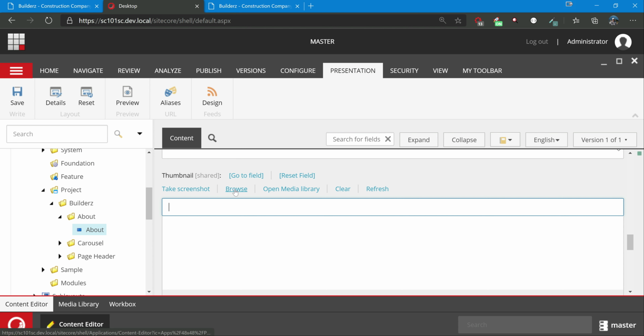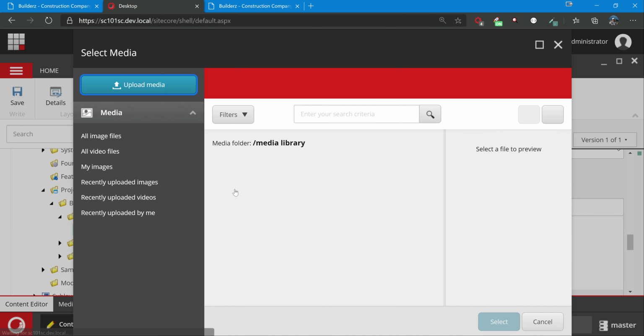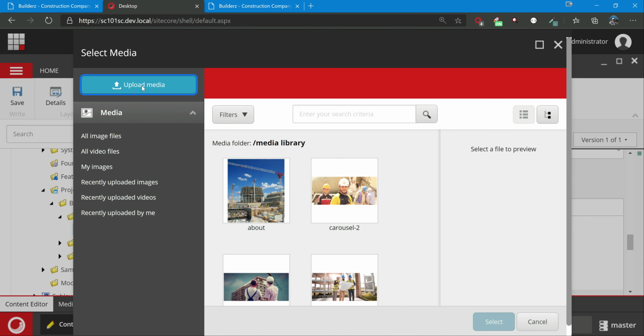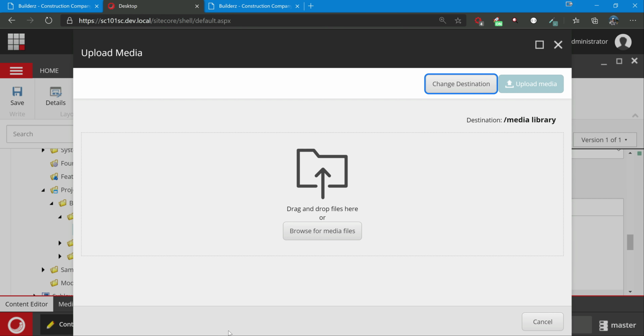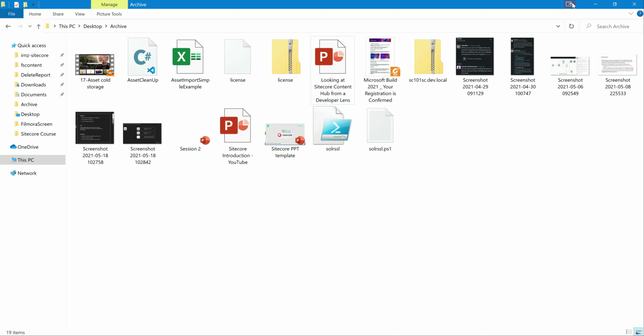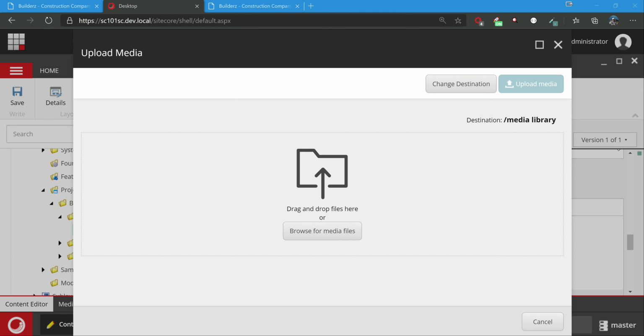Let's see that. Browse. I'm just going to upload media, so drag and drop. Just a sec. I've already taken the screenshots of all the three components, so I'm dragging and dropping all of them.